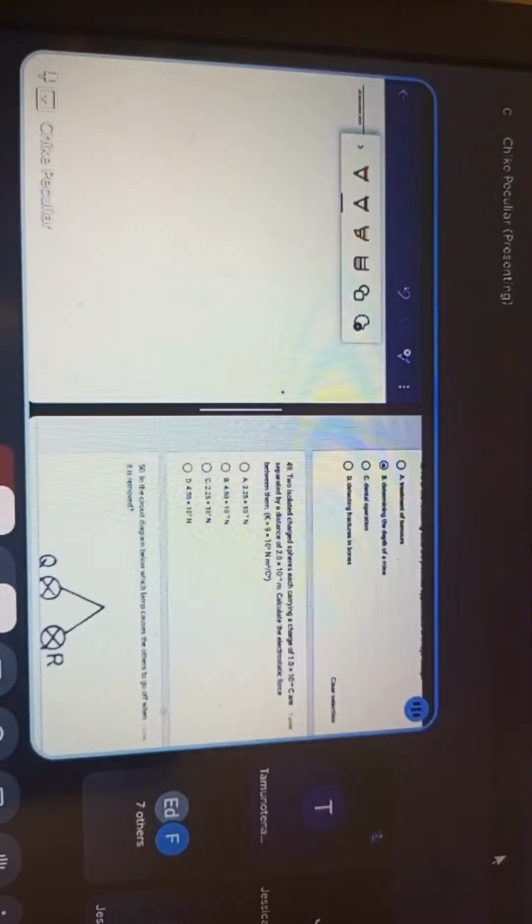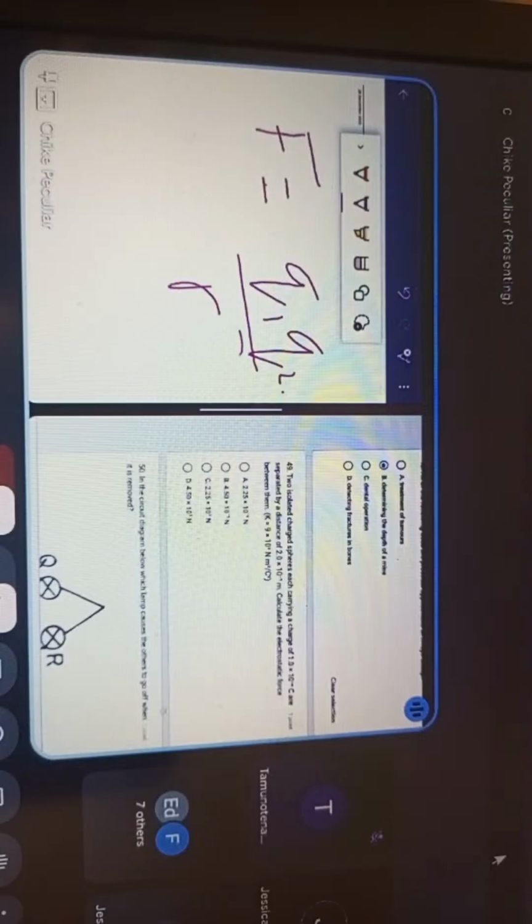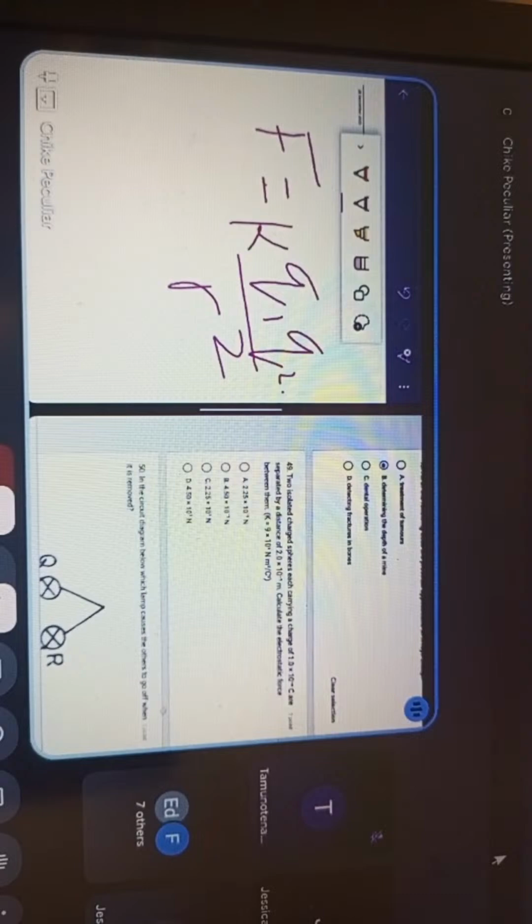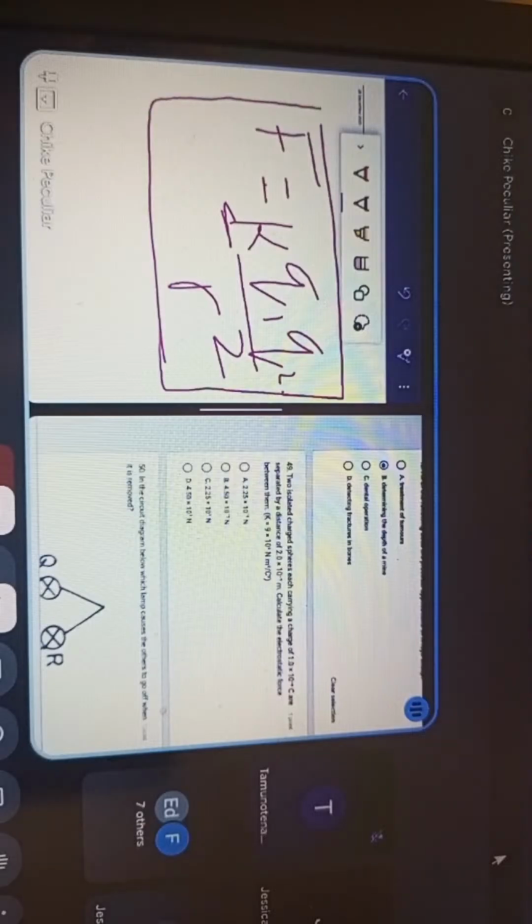So the law is actually called Coulomb's law. It states that the force between two charges is directly proportional to the product of the charges and inversely proportional to the square of the distance apart. And then you have what is called your constant, permittivity of free space, which is always given. So this is a formula, it's called Coulomb's law. It's just a simple formula. There's another one too,